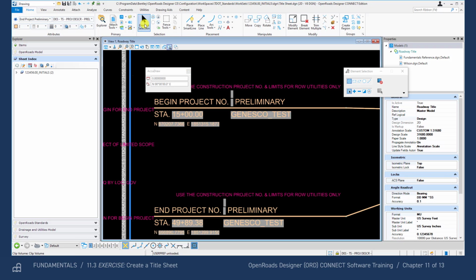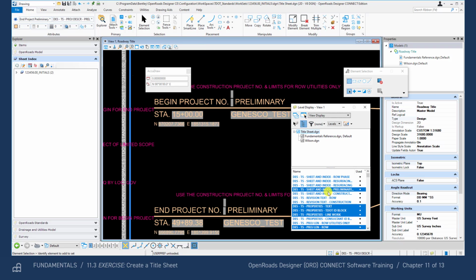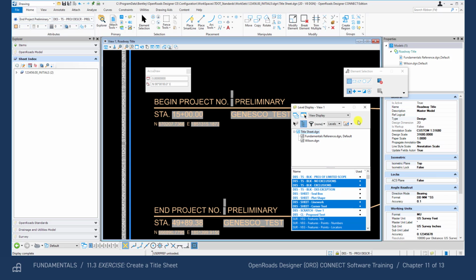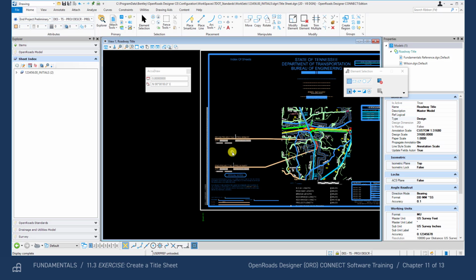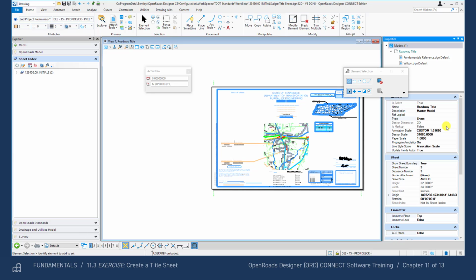Next, open the level display once again and turn off the Design-Scratch-User1 level, and then close the level display. Before we add the sheet to the sheet index, we must first change it back to the sheet model. Within the Properties, select Sheet, and notice that the white background reappears. Also, we must open the sheet index for editing in order to add any sheets. Click on the second icon, or pencil icon,